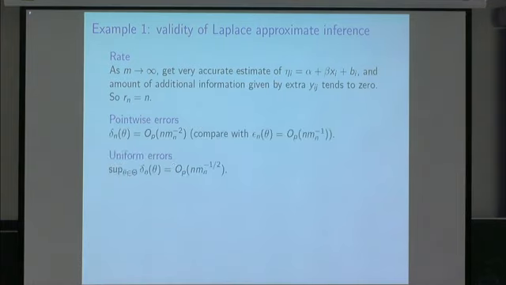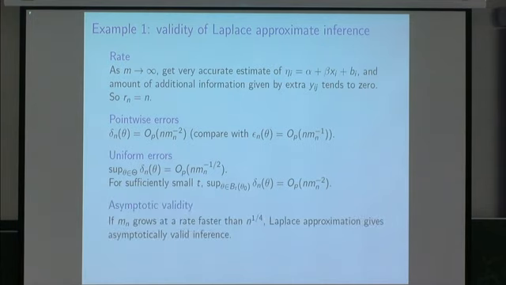We can find all the errors. It's perhaps not too interesting. The only interesting part is that the error in the score function is of a lower order than the error in the log likelihood was, so you've gained something by looking at the error in the score function. But when you put everything together, what you find is that if the number of observations per latent variable grows faster than the fourth root of the number of latent variables, then the Laplace approximation is going to give asymptotically valid inference. So it does seem that the number of observations per latent variable really does have to grow at a certain rate in order to get good inference.